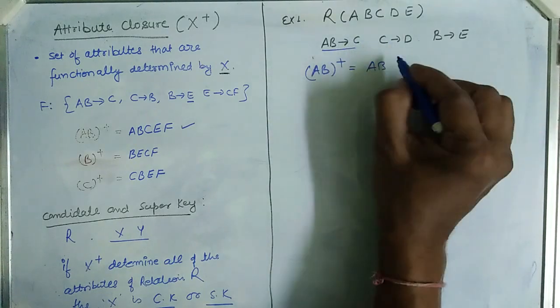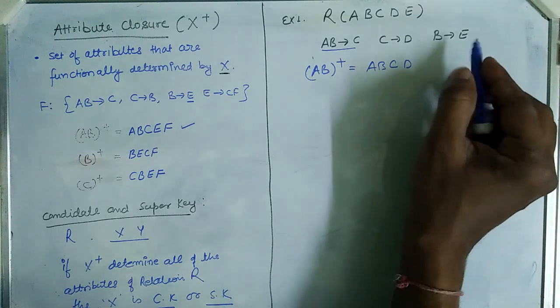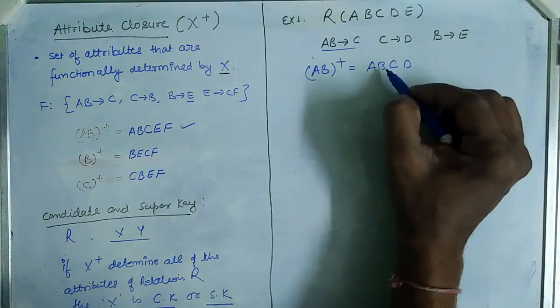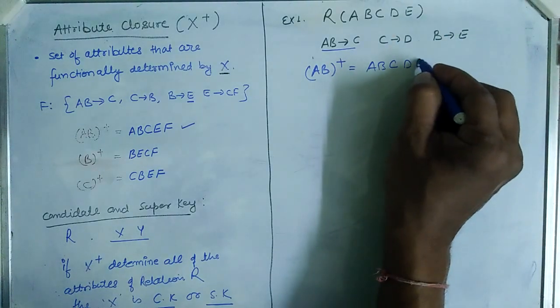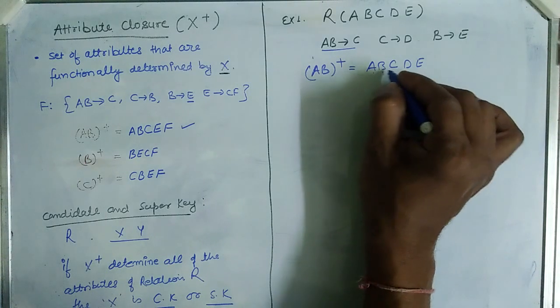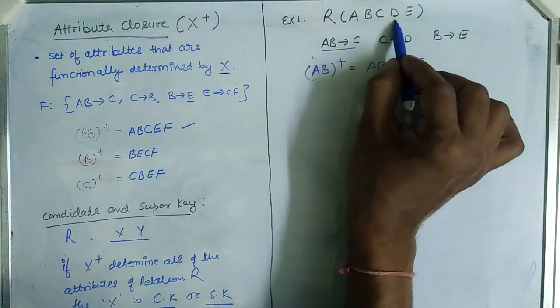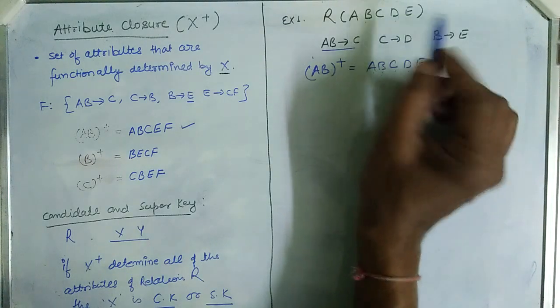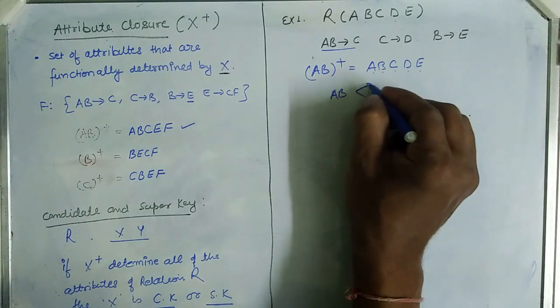Then from the functional dependencies it also determines C, C determines D, and B determines E, so E is added. So by AB closure you can determine A, B, C, D, E, which covers all the attributes in your relation. So AB may be a candidate key,